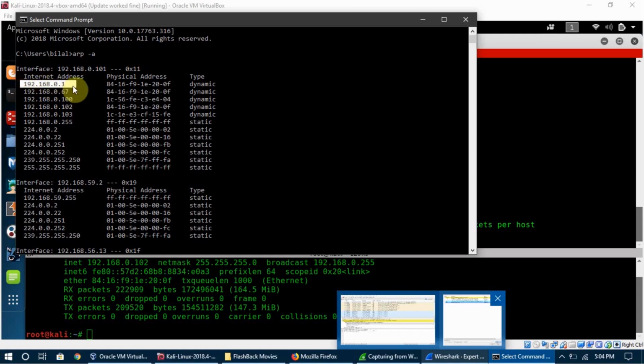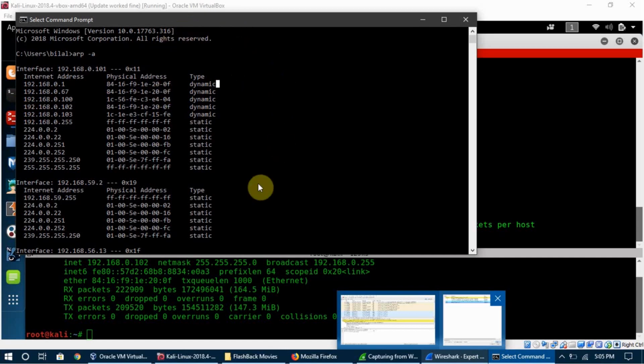And the reason this IP address and this MAC address are changing is that it is telling us it is dynamic. What dynamic means is that it keeps changing its value. For example, if you are not using a static IP, whenever you connect to the internet through your router, you will get a dynamic IP. The dynamic IP means that it is going to change each and every time you connect to the network. The same thing is happening here. The value is dynamic and it is telling us that it can be changed.